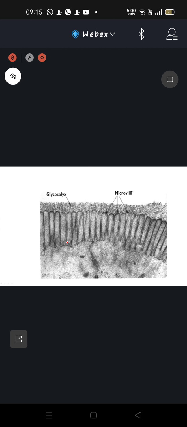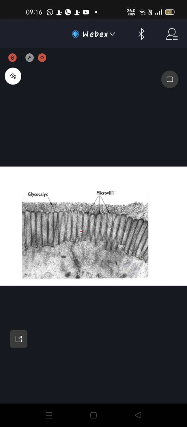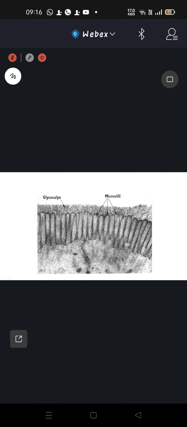Now, these microvilli are attached to each other by a glycoprotein known as glycocalyx. And this glycocalyx binds the nutritional portion, the final product of absorption, to these microvilli. Also, it binds to pathogens. So these microvilli are bound together by this glycocalyx, which is a glycoprotein, and they are involved with absorption, binding to the nutritional portion, the final byproduct, and also to pathogens.